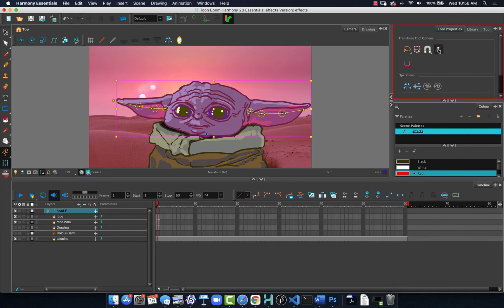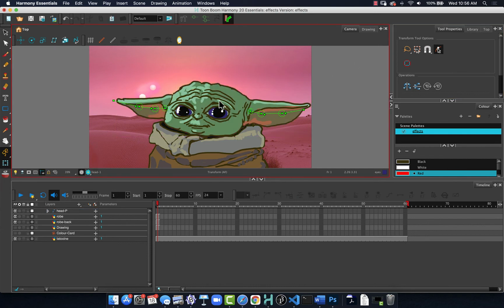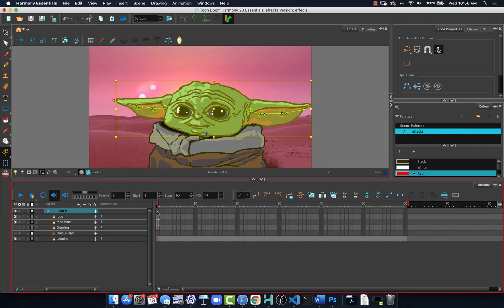So one thing when we're animating, if I want to animate with pegs only, I do have an option I can click so that it selects only pegs. So now when I click, it selected the peg. So when I grab the head